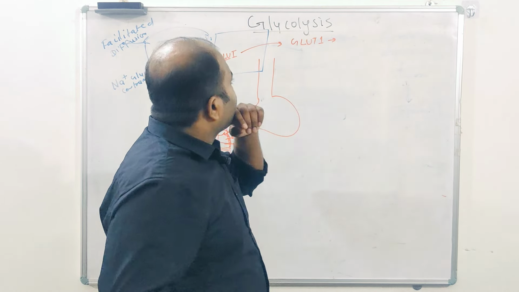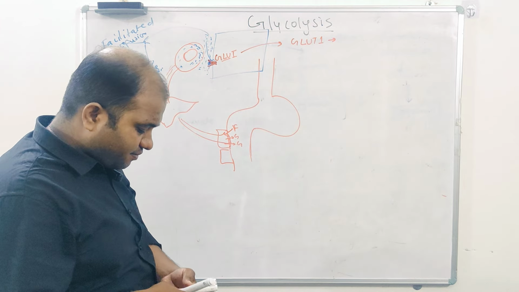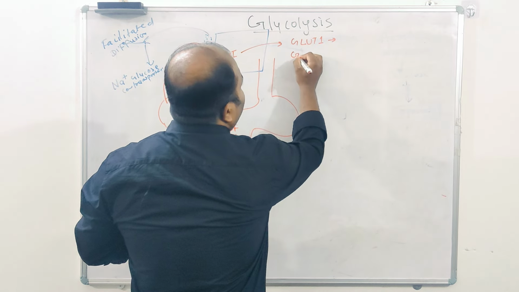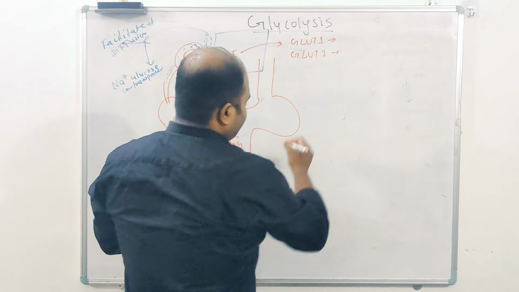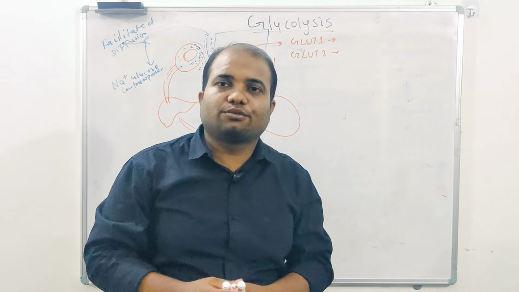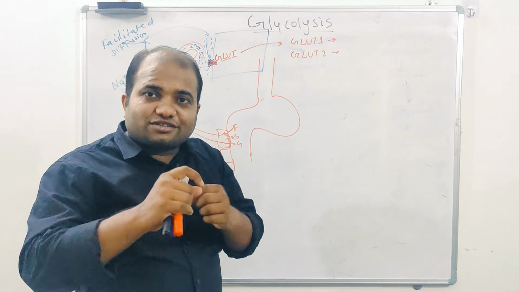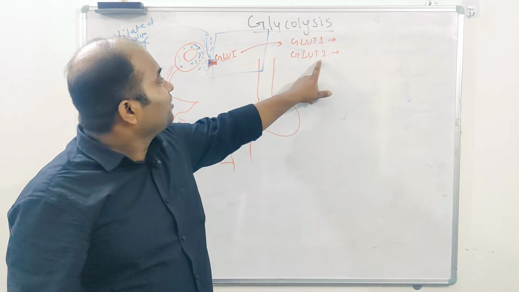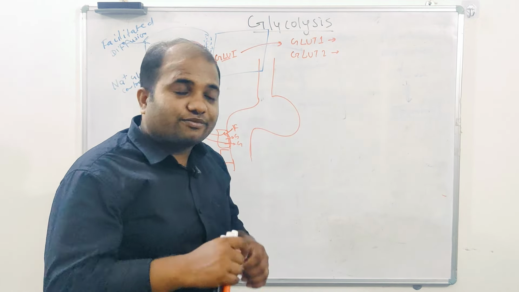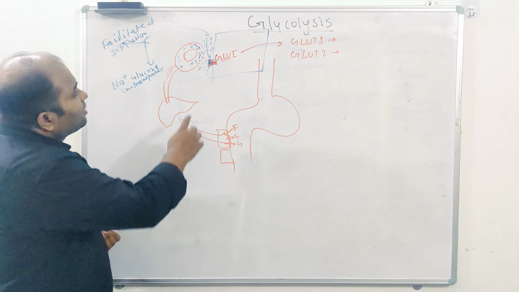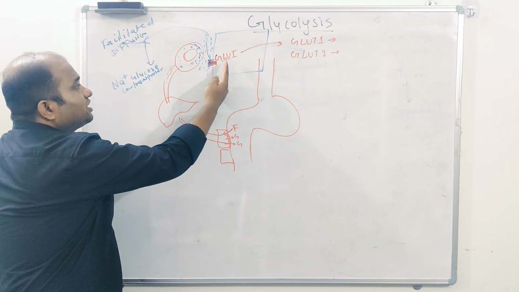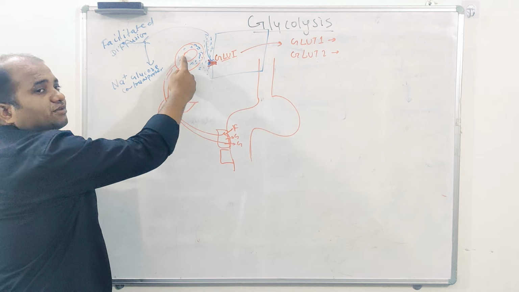The other type we have is GLUT2, and this is a special type of transporter. What does the 2 indicate here? Two ways. So the 2 indicates a two-way transporter. Two-way in the sense that glucose can enter inside the cells, and when needed, the cell can release the glucose outside of the cells to the systemic circulation.